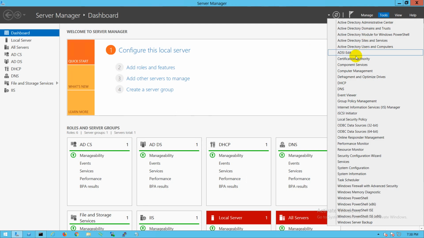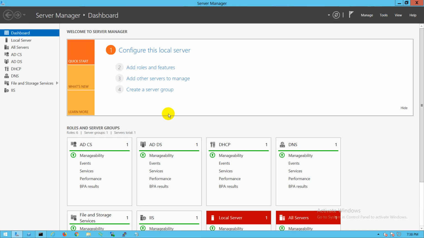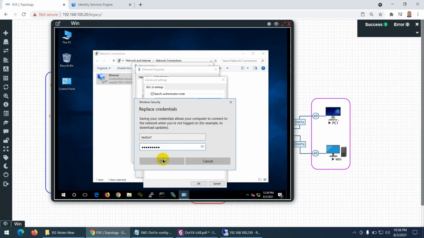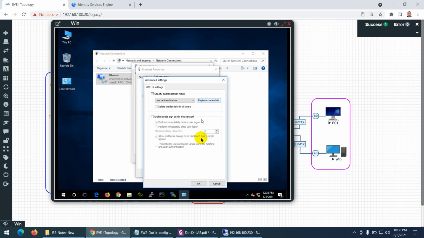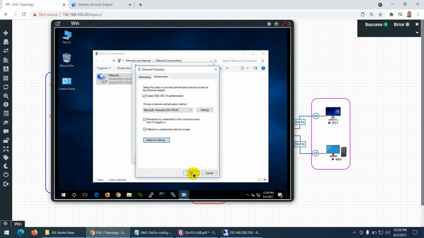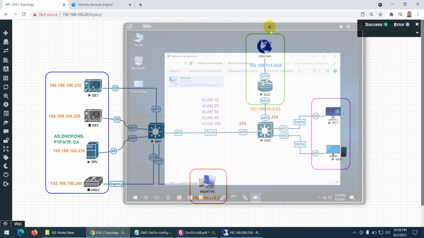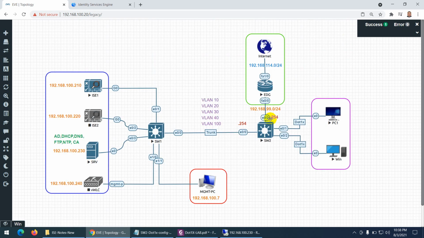You remember we created this one. Let me show you again. So I log in on the non-domain PC with this user E1. Okay, and I need to okay. So I save here and click OK and click OK. Now this PC will be authenticated with the switch. So let's go to the switch,